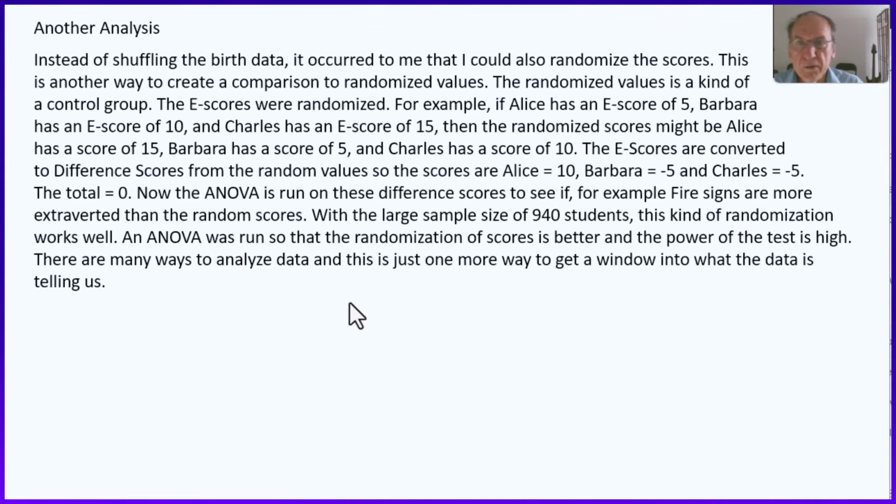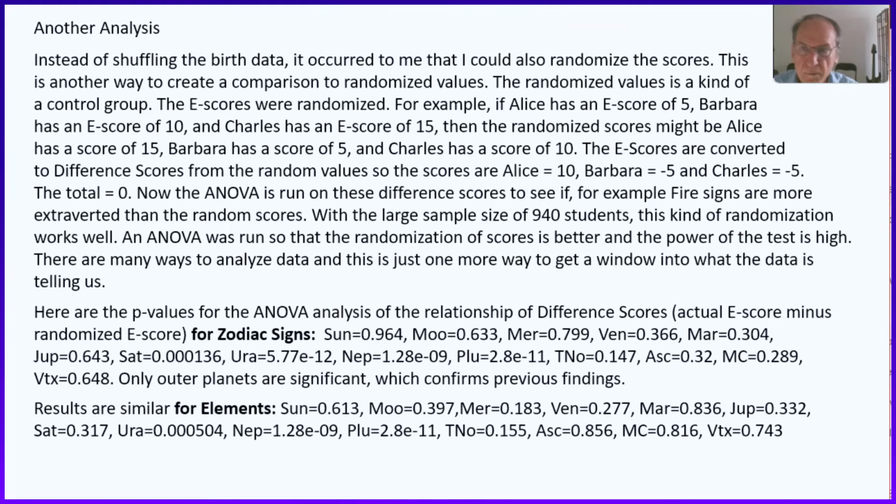In this case, I didn't use a control group. I just ran the ANOVA again on the difference scores. Just another way of modeling the data and analyzing it. An ANOVA was run so that the randomization of scores is better and the power of the test is high. There are many ways to analyze data. So anyways, this is just another way to model and analyze the data. And I just listed the p-values for zodiac signs and for elements. So what this is saying is that in a sense, there is a control group. We create randomized scores, and then we analyze those difference scores, and we find that there's